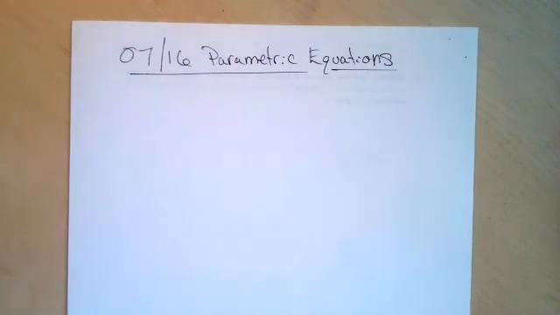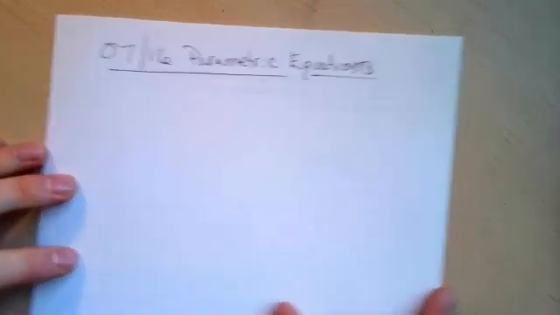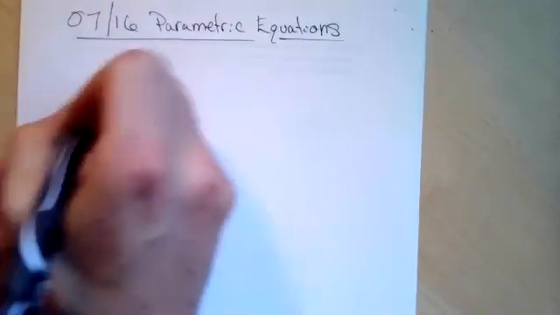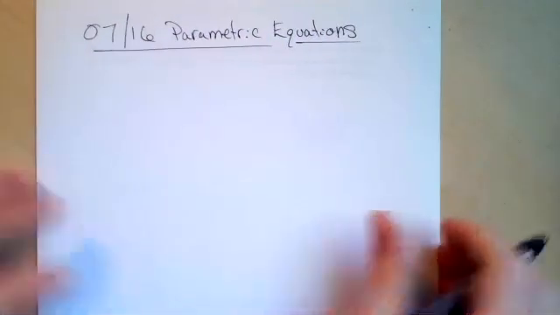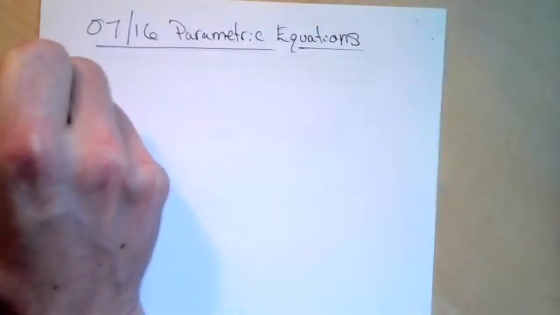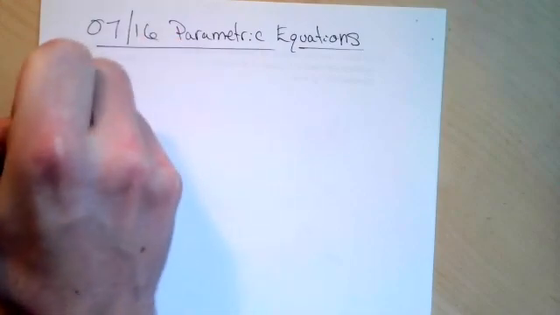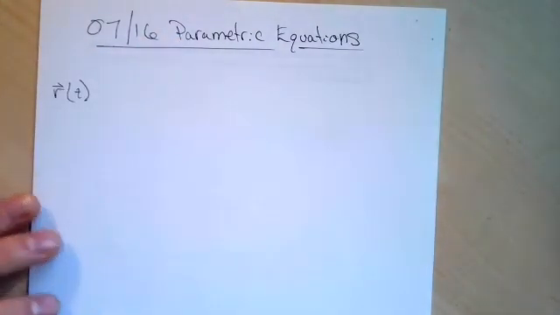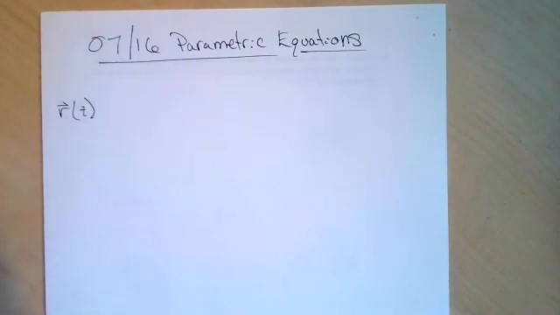But first, let's continue our discussion from yesterday. So we were taking a look at another parametrization, and I just mentioned this right at the end. I'm going to introduce a little bit of new notation. I'm going to introduce some vector notation for you guys. For me, I think it's just a nicer way of organizing the work. We don't have to get too deep into the theory of vectors and really what a vector is. Just think of it